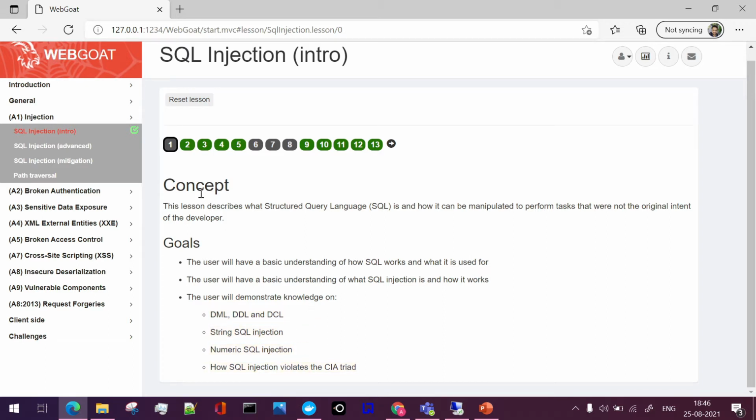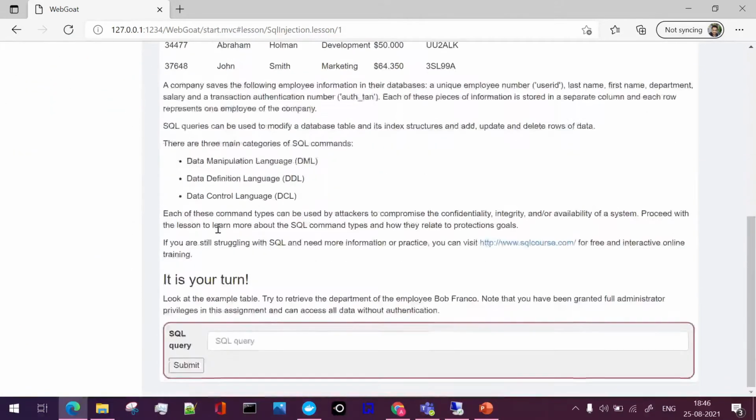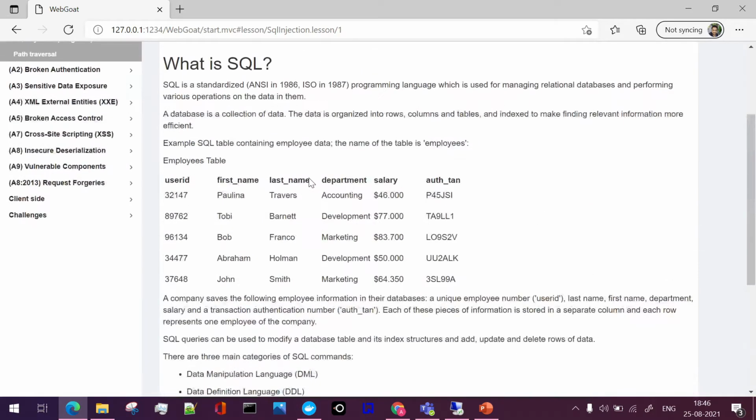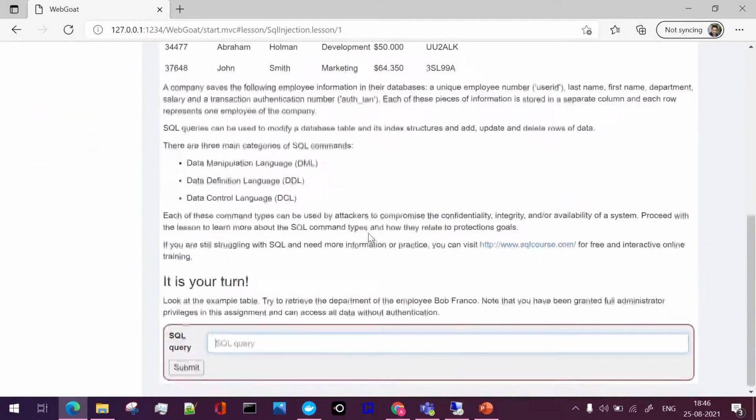First, if we go through the concepts, here it is, what is SQL, and we can also try and retrieve some data related to this. It even asks us to add a query, which will be useful if we have actually understood the concept.